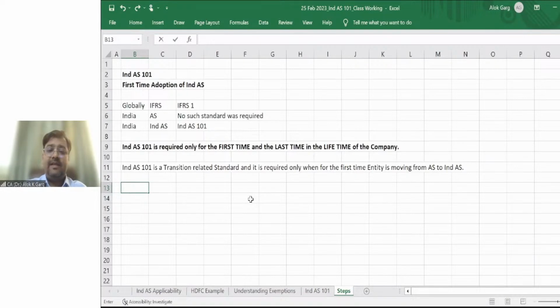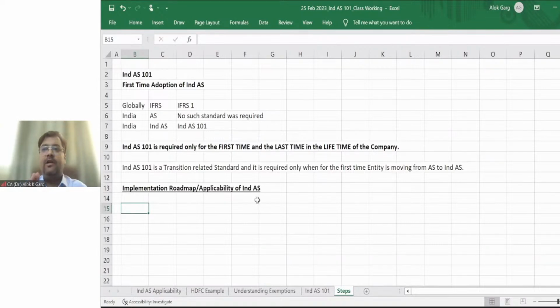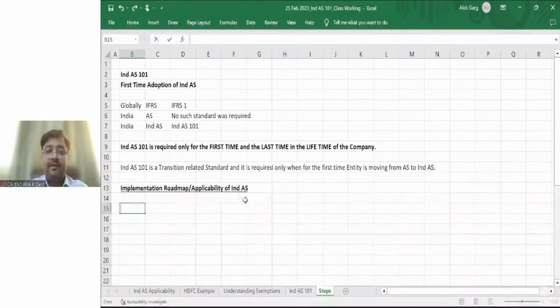First of all, let's discuss the implementation roadmap, which is also known as the applicability of Ind AS on Indian companies. First of all, Ind AS is applicable to which set of companies? I'm talking about today's applicability. So in India, Ind AS were notified